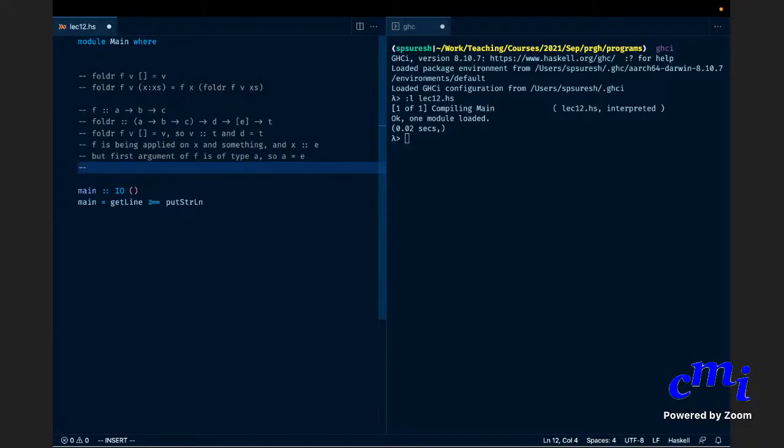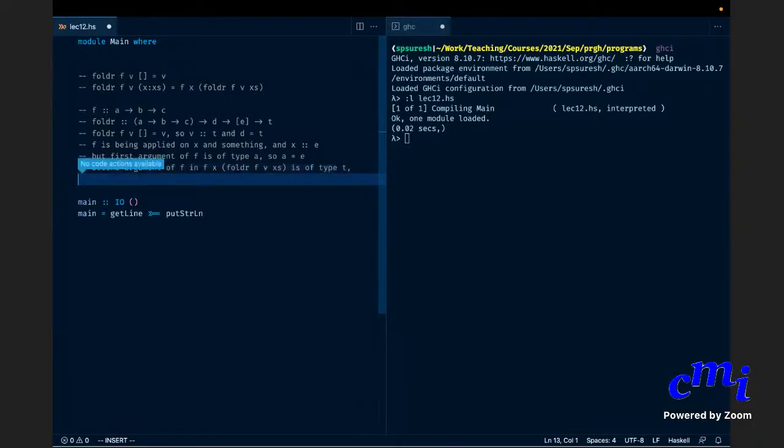Right. So the second argument of f in f x (foldr f v xs) is of type T, right?